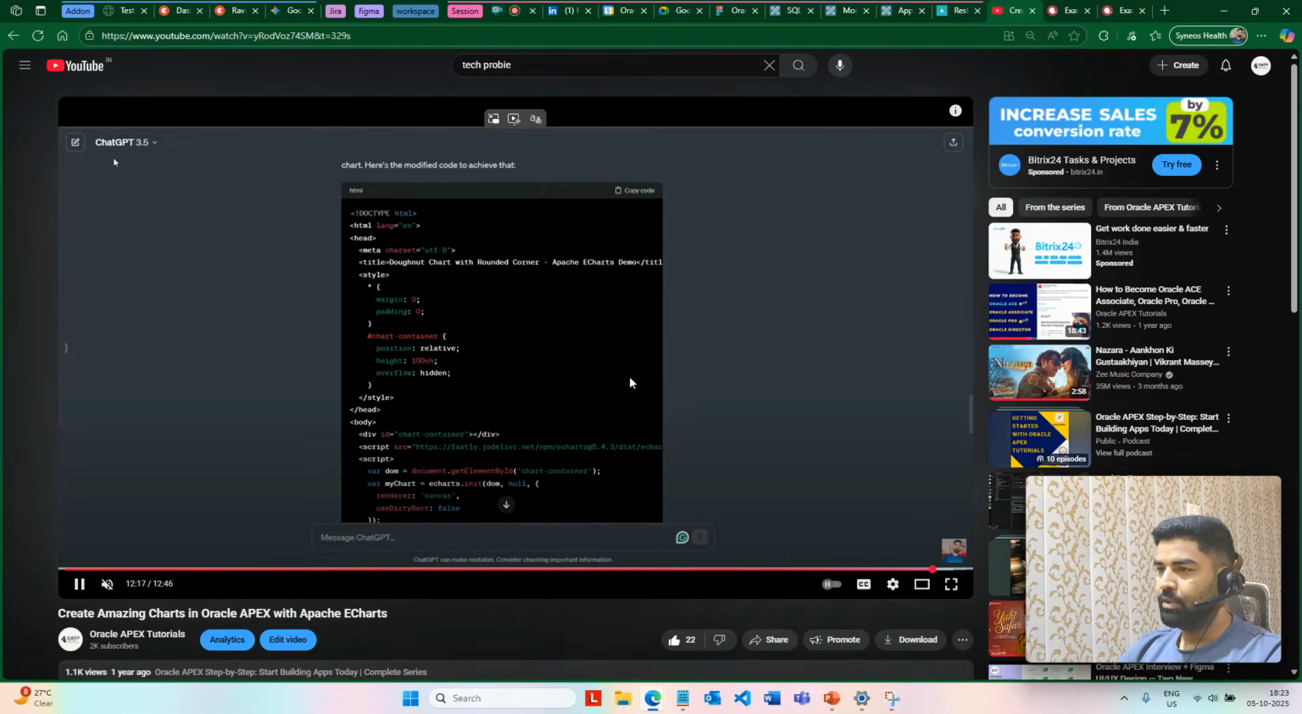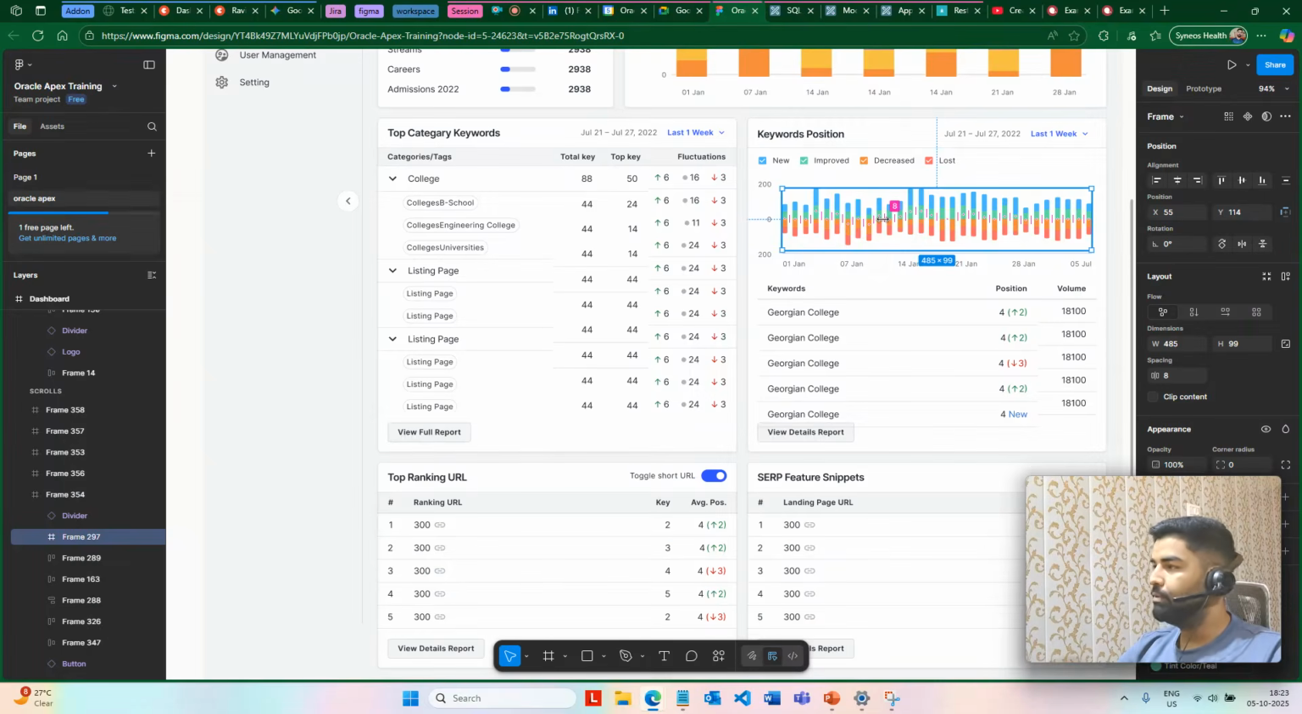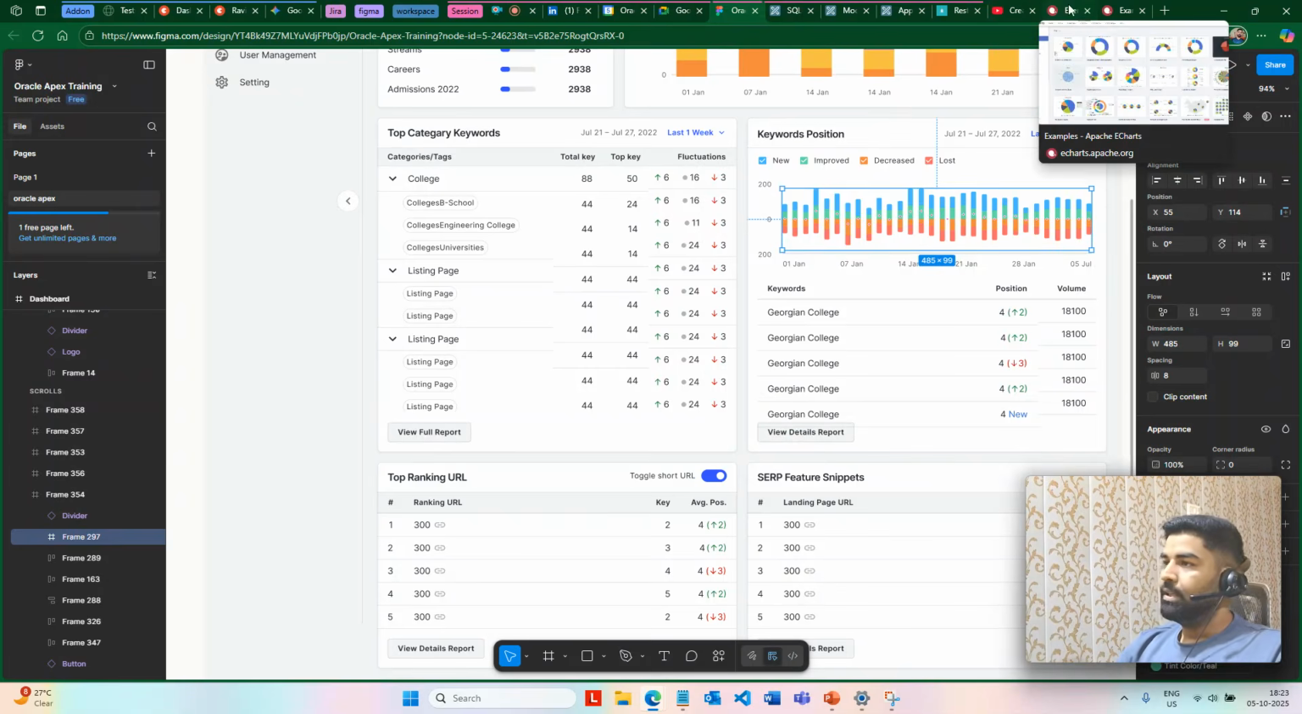So this way you can also use multiple charts. So even though you have some different conditions which are not matching with our Oracle Apex native charts or conditions, you can take help from different external sources as well, and it works very well with Apex as well. After that,